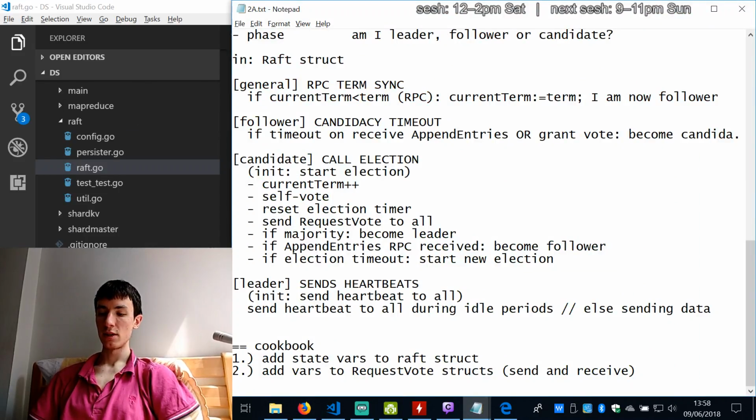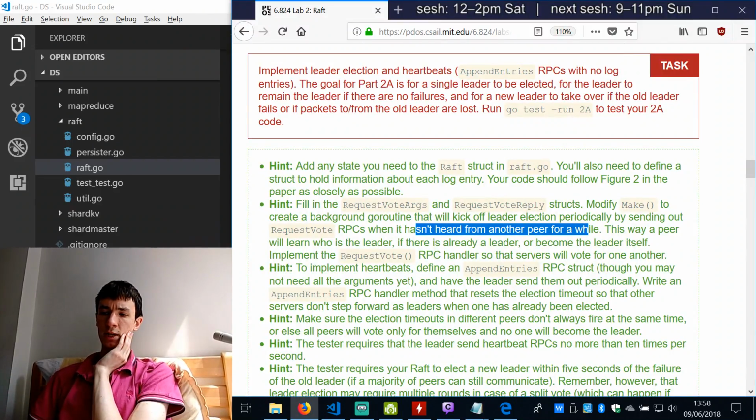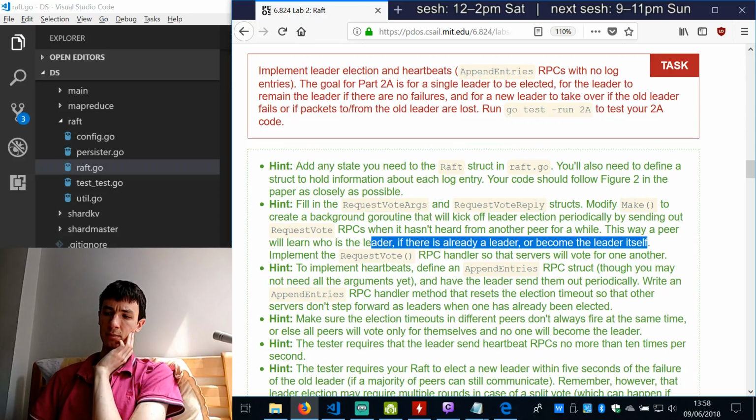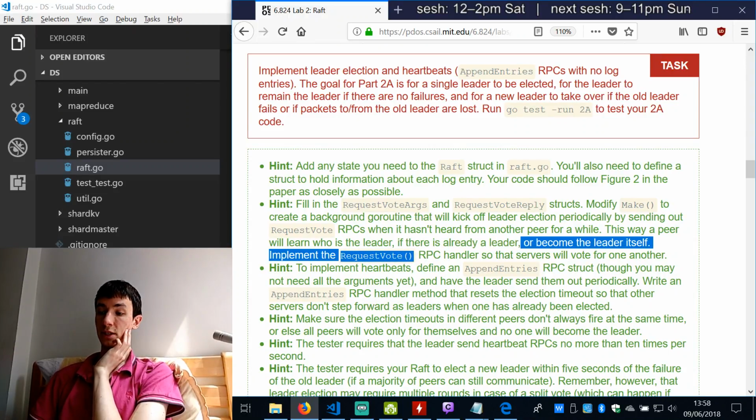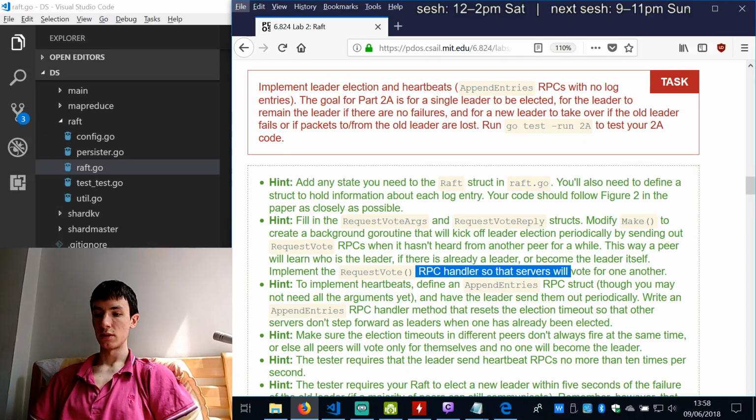Oh, okay, so it's telling me quite explicitly, it's saying implement candidacy timeout in make, right? It's pretty explicitly said that. This way a peer will learn who is the leader, if there's already a leader, or become leader itself, yeah, whatever. Implement request votes RPC handler so that servers will... Oh, okay, implement the handler so that the servers will vote for one another. Okay,